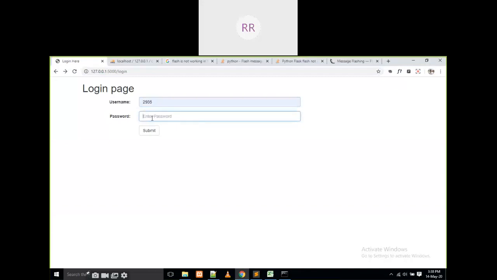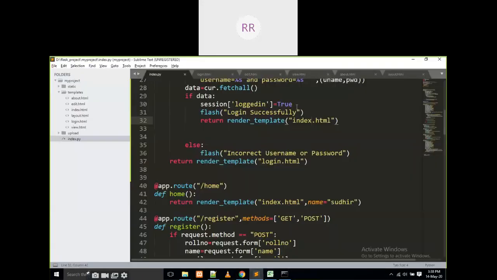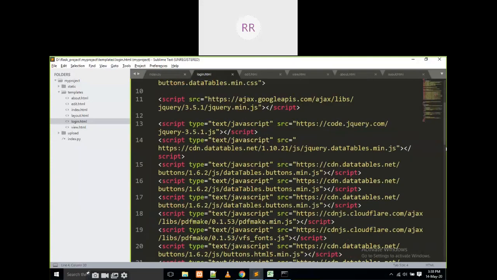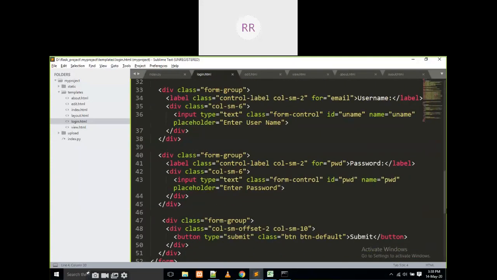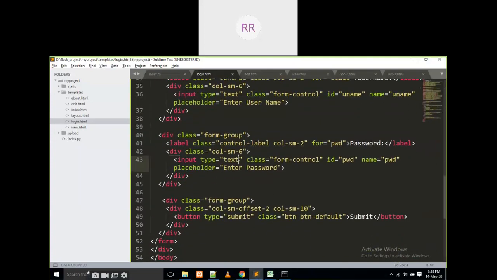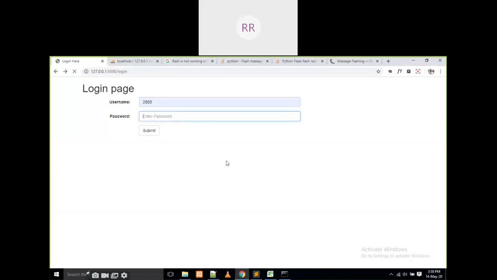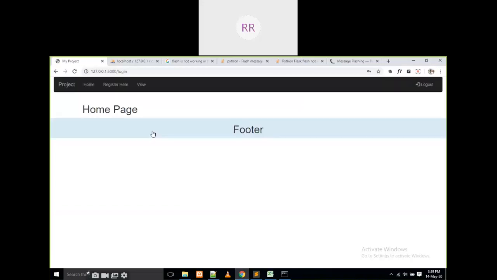Just a minute. It is showing like this, right? We are not going to use that one. We have to use the password field, not the text field. Here it is not a text. Here I have to use password, capital P, simple password. I refresh it. I give 2935. It is going to be 123456. Okay. Then if I click on submit, it is true. That's why it is moving into the home page.